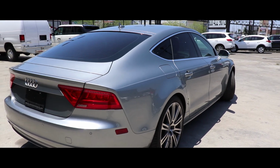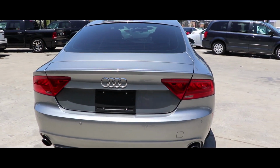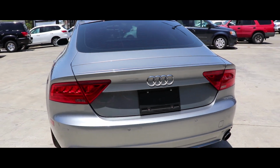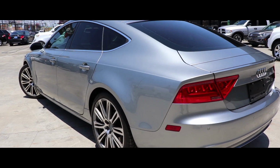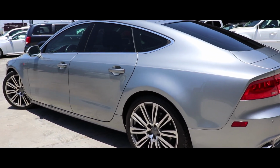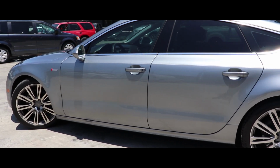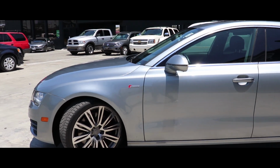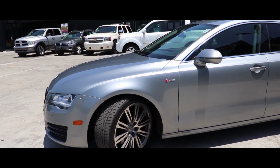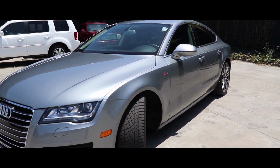But going back to the A7, again, I'm not bashing the interior for what it is. I'm only comparing it to what it's supposed to be competing with and what it's priced against. And I feel like the interior comes in last. This is definitely better than your C class and your E class and your 3 Series, things of that nature. But if I am buying this vehicle brand new and I'm spending nearly $90,000 after tax,